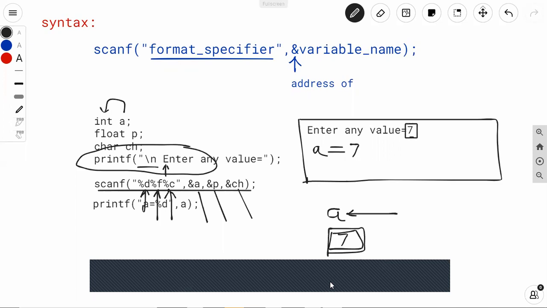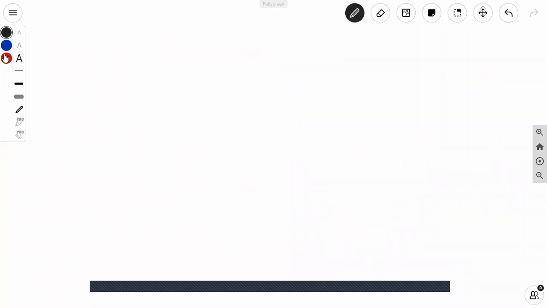Next we will study C programming operators, means which operator we can use in our program. Okay. Next topic is C operators. What is the operator means?